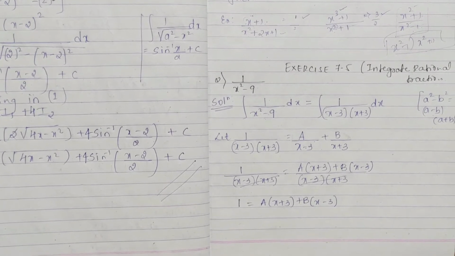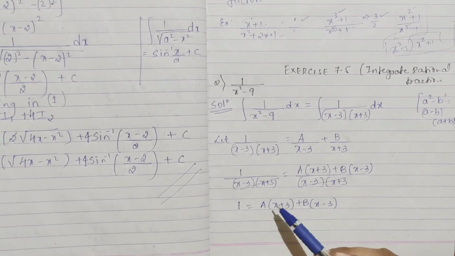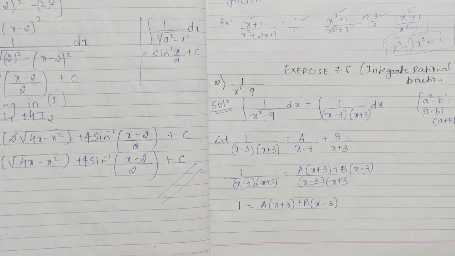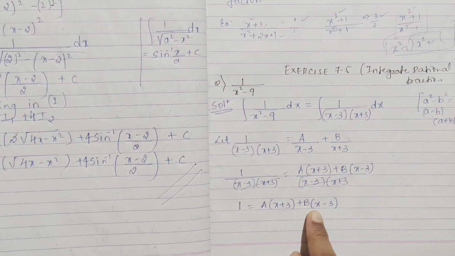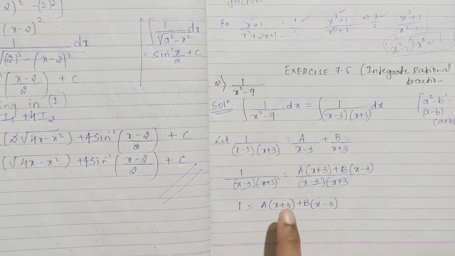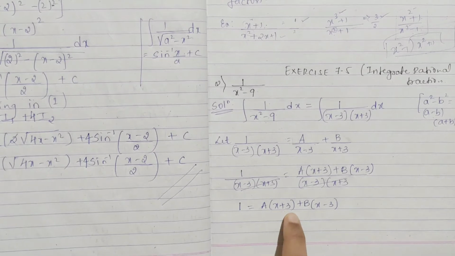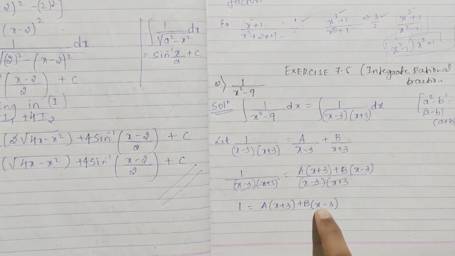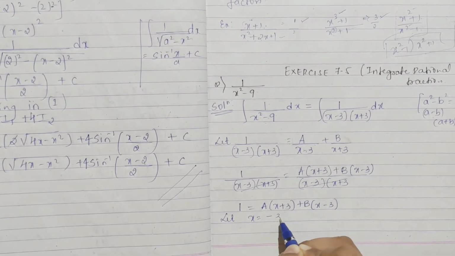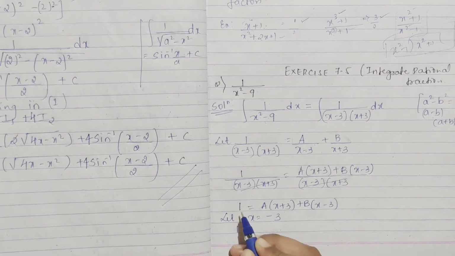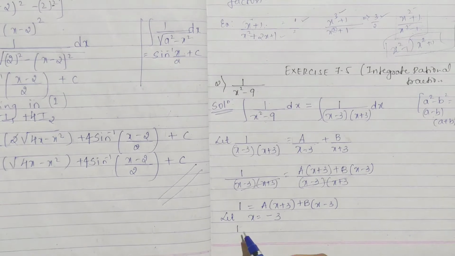Now you have got such a form, 1 is equal to A into x plus 3 plus B into x minus 3. Now your next step is what? You have to find your A and B values, right? So how can you find them? See here, when A is 0, you can find the B value. When B is 0, you can find the A value. So to make A 0, what you have to do? This x I have to take as minus 3, right? Minus 3 plus 3 becomes 0. And for B, plus 3 I have to take. So let x is equal to minus 3. Your left hand side remains the same because there is no variable with x, so your constant remains the same.